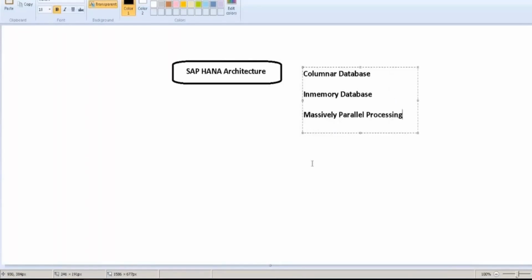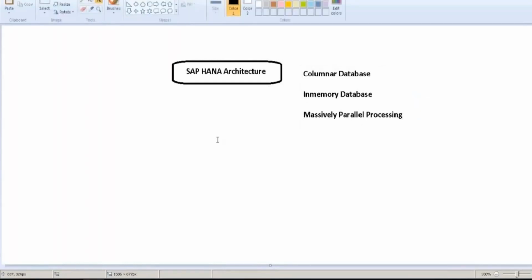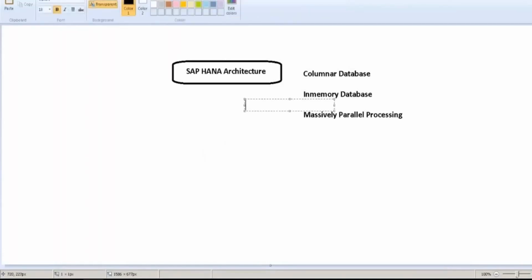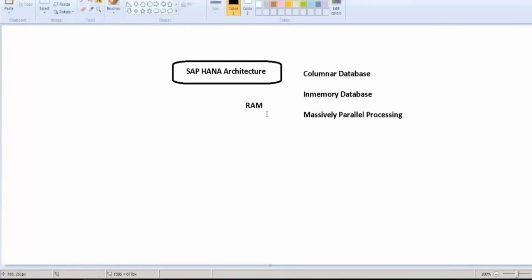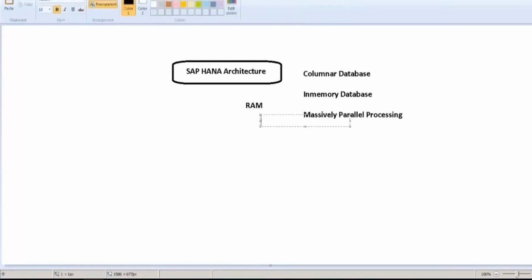The main importance of SAP HANA is columnar database, and it's an in-memory database and massively parallel processing. An in-memory database is one that stores data in RAM rather than the hard disk. RAM access is very fast,